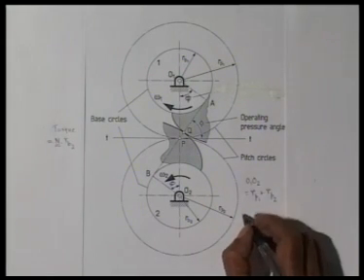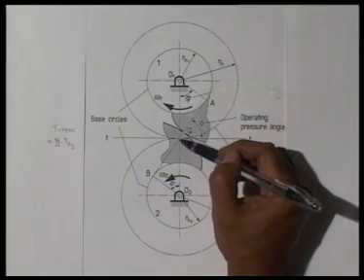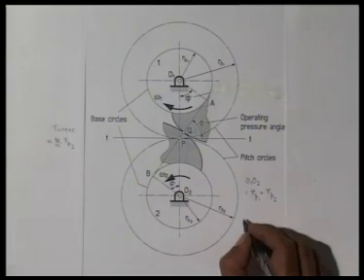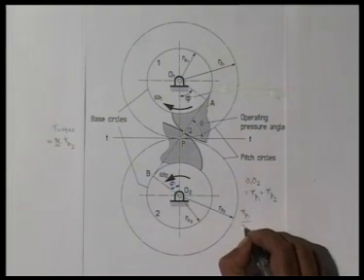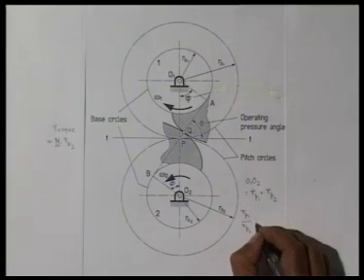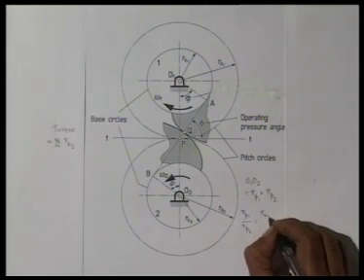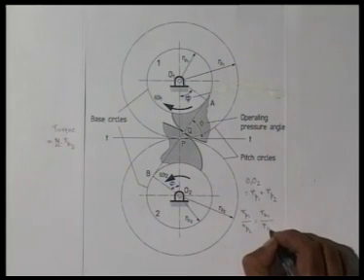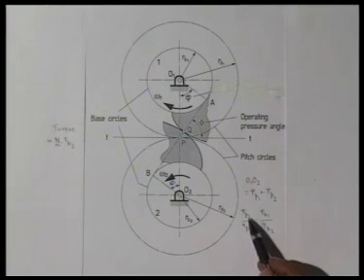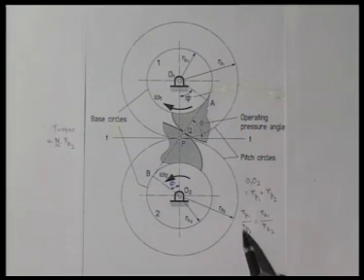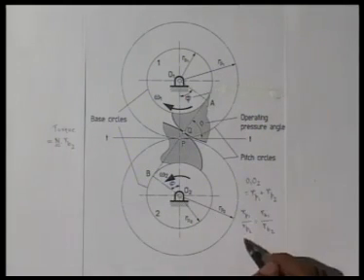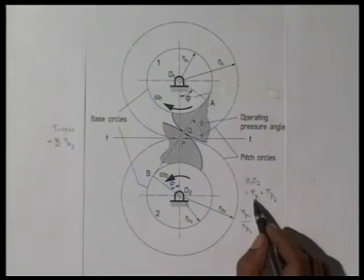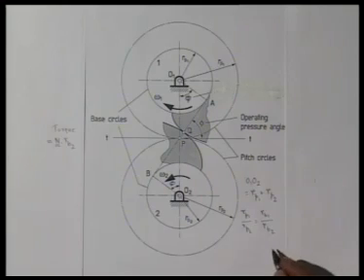And we have already noted that base circle radius Rb is nothing but Rp cosine phi, where phi is the operating pressure angle. So we know Rp1 by Rp2 is the same as Rb1 by Rb2, because Rb1 is Rp1 cos phi, Rb2 is Rp2 cos phi. Cos phi cancels, so this ratio remains the same. So what we see is that so long as the gears are the same, that is the base circle radius remains the same, Rp1 by Rp2 remains the same. With the center distance changing, Rp1 plus Rp2 is varying, which means